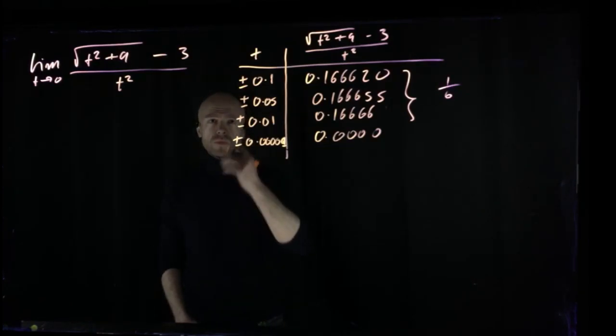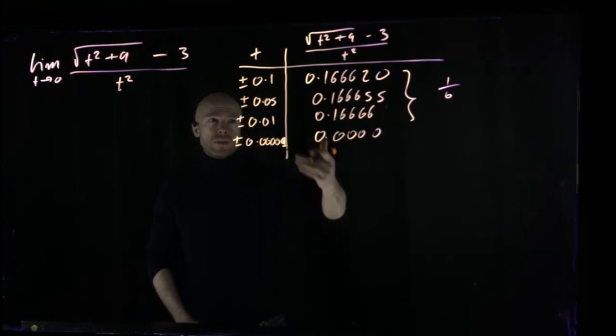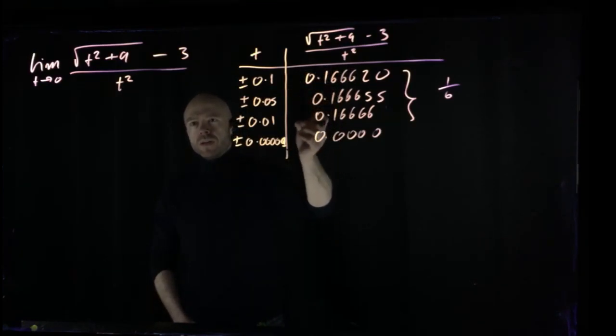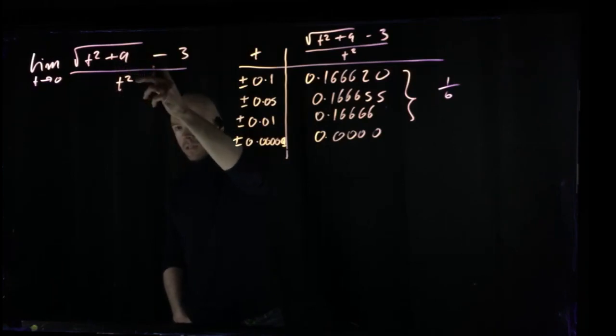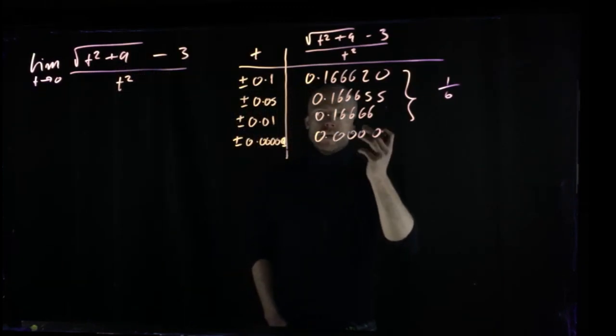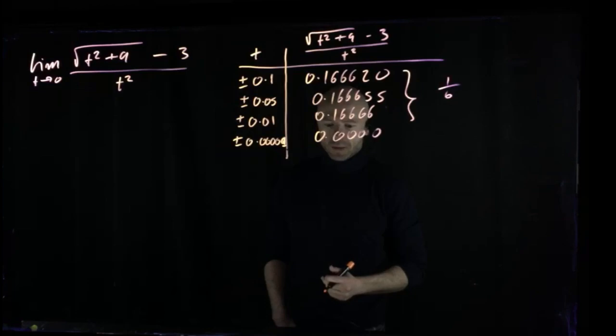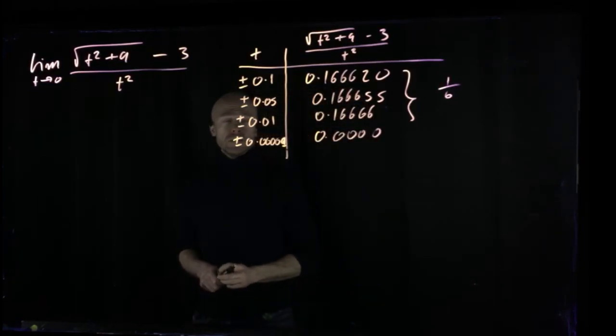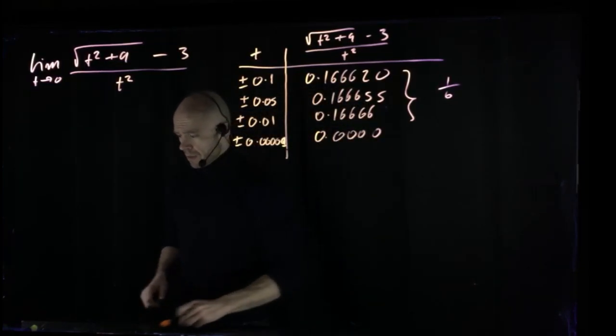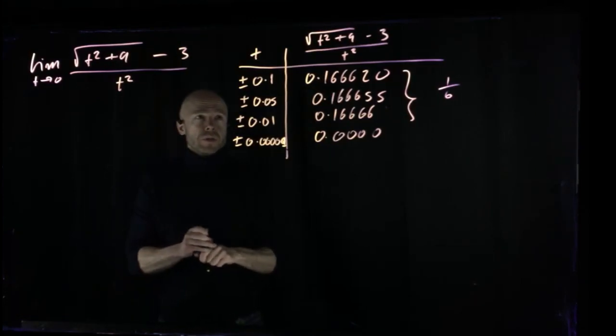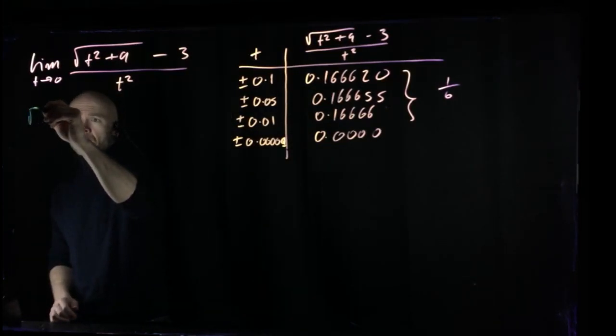Well, again, a priori you might think the smaller values of t that you plug in, the closer it's going to be to the limit, because that's what the limit means. So you might think, okay, 0 is the actual answer. But that's not the case. That's just an error. And the reason is because if we just look at this part,